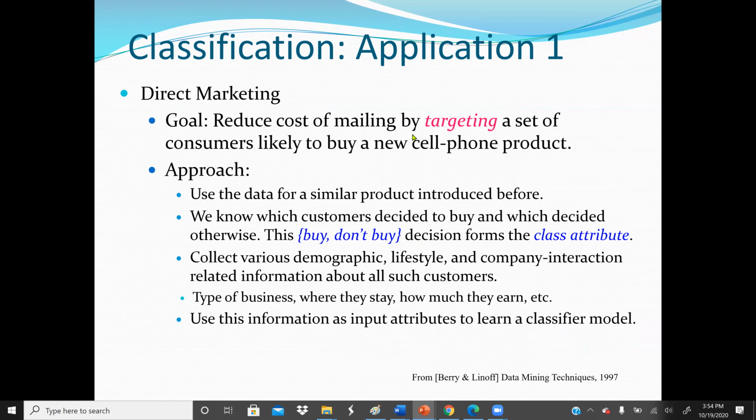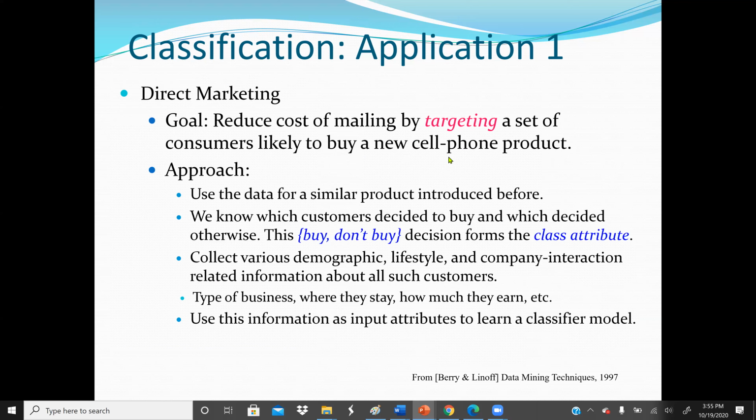So next example now is classification, how we can use classification in direct marketing. Now, the goal here is to reduce the cost of mailing by targeting a set of consumers that we are sure are likely to buy the new cell phone product. Here, we want to market a cell phone product, but we don't want to mail to all the customers that have been making transactions with the company, because that will cost a lot of money for the mailing. So here we have to do some data mining tasks based on the customer's purchasing behavior, or if we